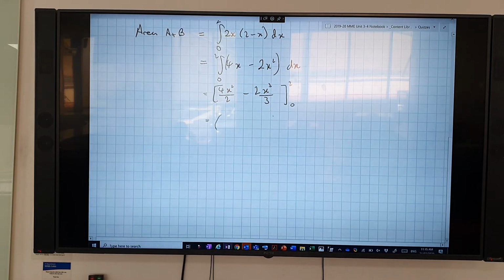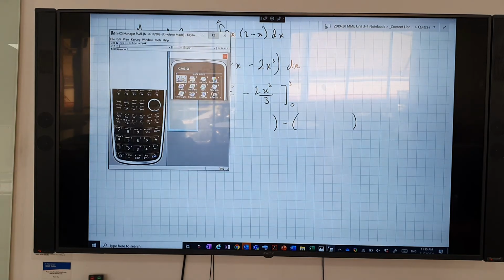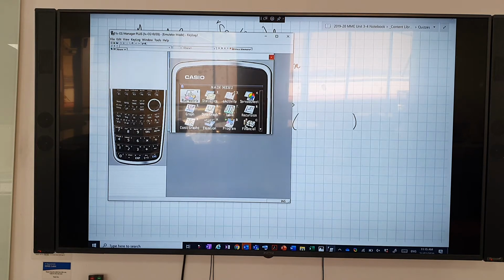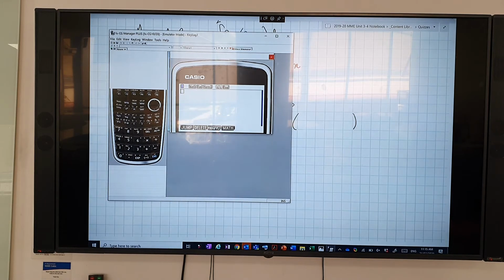Let's pretend, what should we pretend, calculator or non-calculator? I don't really mind, do you? Non-calculator, yeah. So if we bung this into a calculator, we get the answer. Just for interest's sake, let me remind you something. If it was on a calculator, you can actually do this without being on the graphing function. You go to Run Matrix, and Option, and Calc. You can actually differentiate, second differentiate, integrate or solve. I just don't use it very often, it's really clever. So you can integrate it in any form you want.